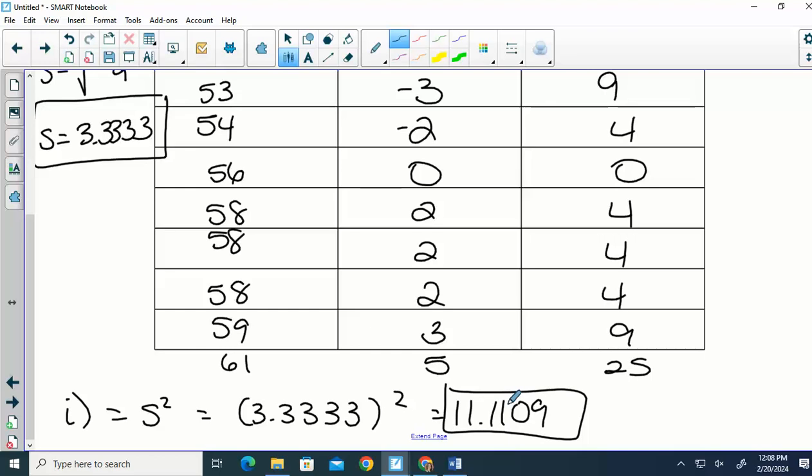A common thing we've seen a lot of times: if you round differently, if you had taken your standard deviation to 3 decimals instead of 4, you would have had a slightly different answer for your variance. All of that is fine as long as I know where your numbers are coming from. So just make sure you're showing me enough work that I can determine whether your difference is because you rounded this number to fewer decimal places, or did you actually make a mistake somewhere along